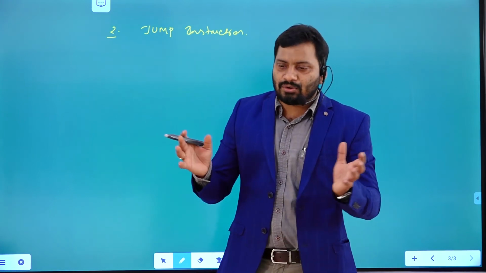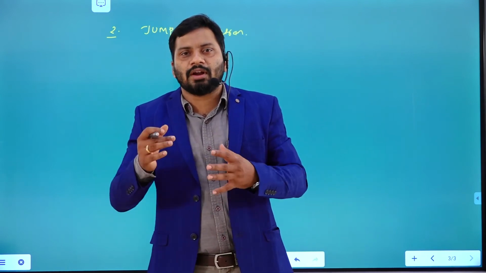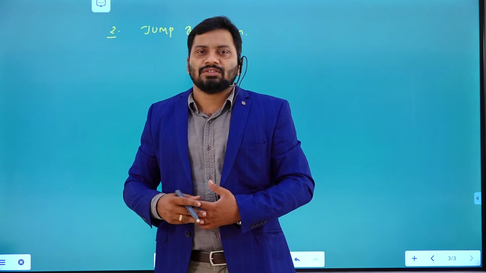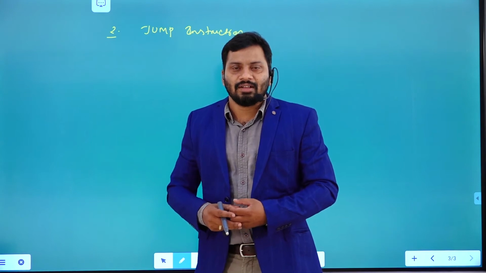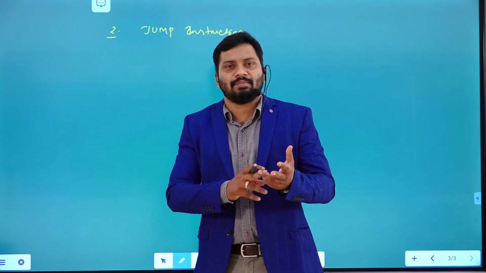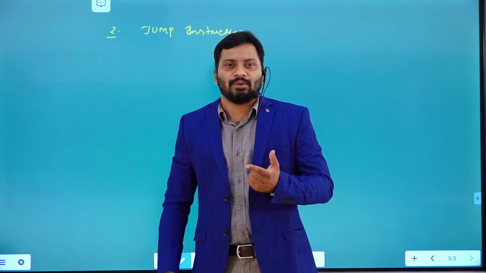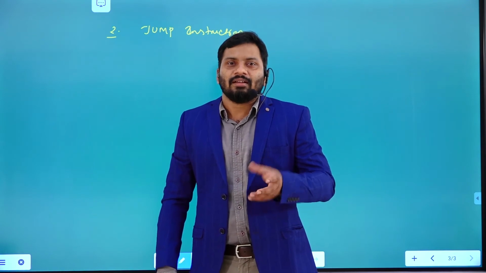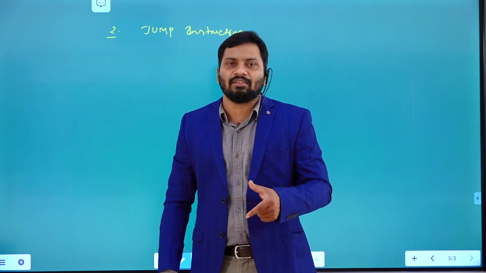So while executing the program, if you don't want to execute some set of instructions based on the input condition, you can jump. To perform this type of task, we use jump instructions. Normally, what is the use of this jump instruction? Due to this jump instruction, you can save time as well as memory, and reduce the complexity of the program. These three are going to be improved if you have this jump instruction in the set of instructions.